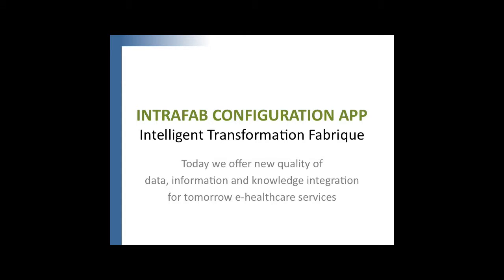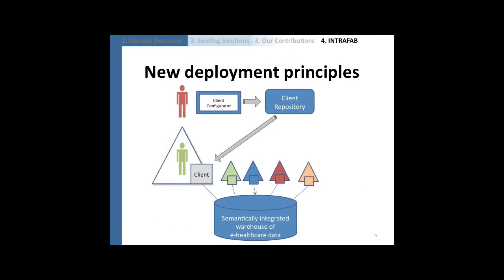In this video, we will show main functional features of the configuration application of our Intrafab solution. The configuration application allows defining a mapping from an input data file to an output data file. Such a mapping configuration will be used to customize a client application which will actually perform runtime mapping on the user